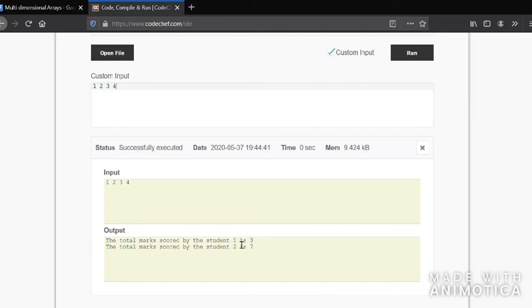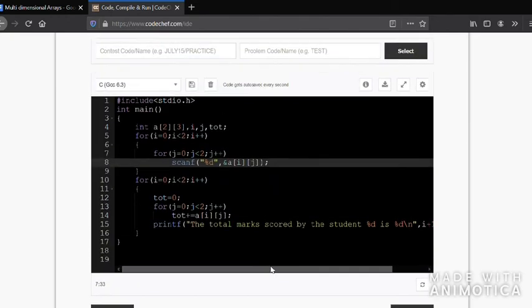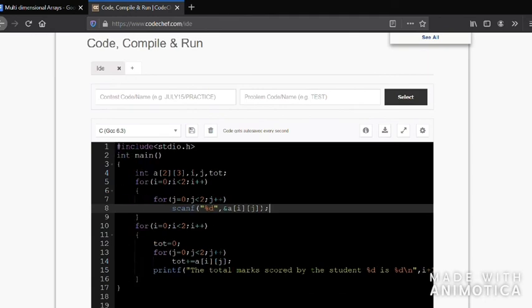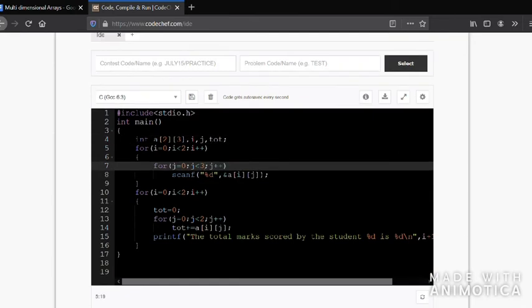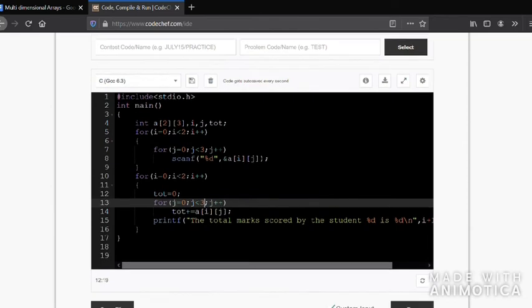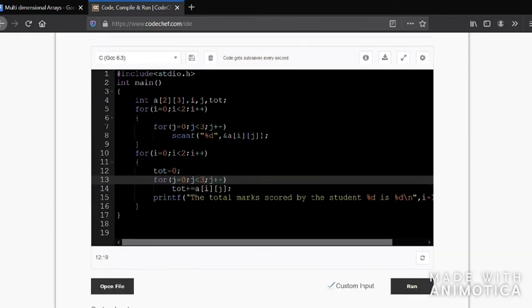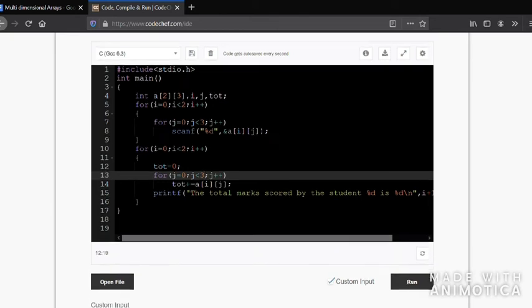In the first case, the I value is 0. 0 plus 1 will become 1. The second time, the I value is 1. 1 plus 1 will become 2. So 3 plus 4, 7. You're getting the output. Now how would you do the same if you're having, I've given 3 here, so change it. So here you've understood something, that is, you can give numbers which are fewer than the given size. Like if it can store 10 numbers, then it's not necessary that you have to give 10 numbers. You can even give less than 10 numbers to store in the array.